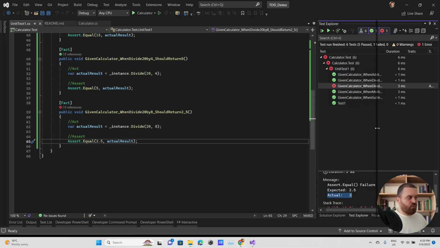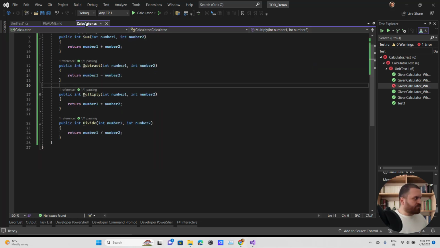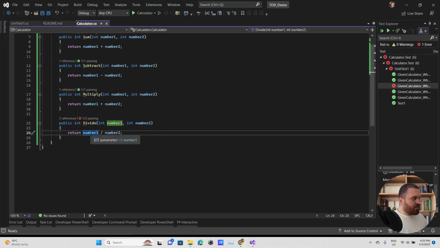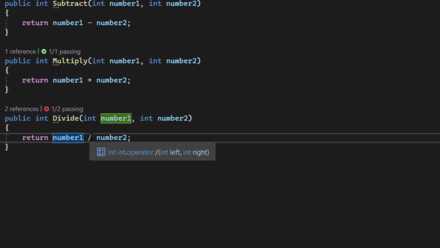Let's see what is happening here. The reason is that this one is integer, the other one is integer, and when we are using the divide operator for integer and integer, it is going to return an integer.